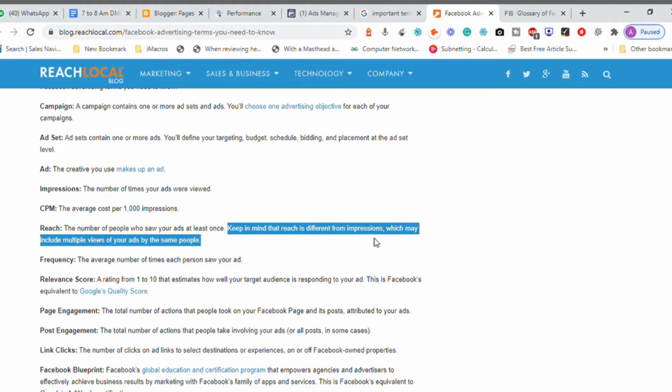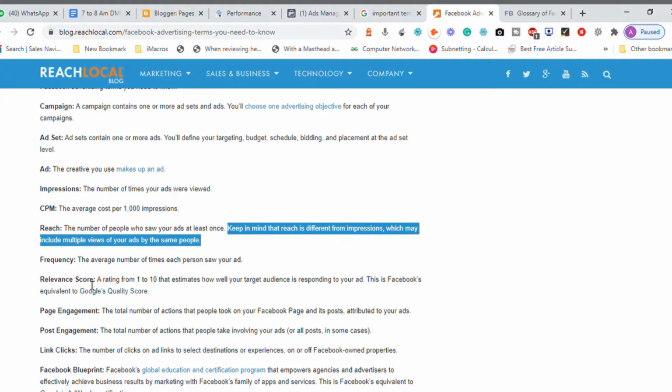There is another term called frequency. Not only with respect to Google's advertisement, the term frequency means the average number of times a person saw your ad. So how many times do you want to show your advertisement to somebody when you are running a branding campaign? The primary power of a branding campaign is to make people remember your brand name. In order to make people remember a brand name, you should be showing your advertisement to the person repeatedly, again and again. That's basically the frequency.